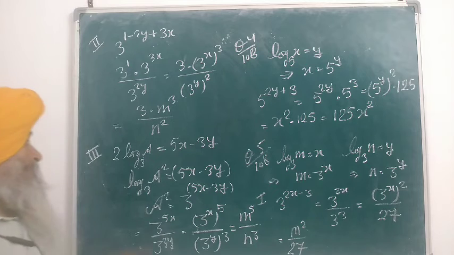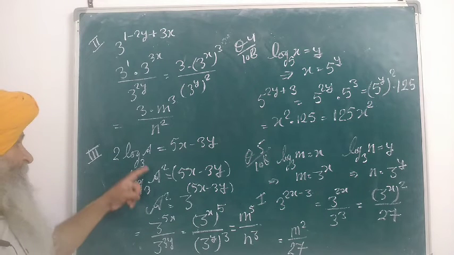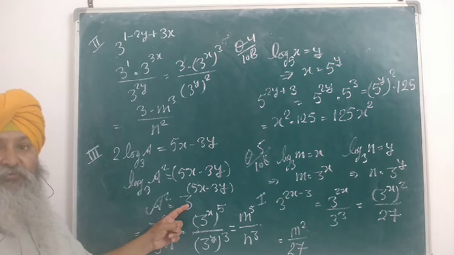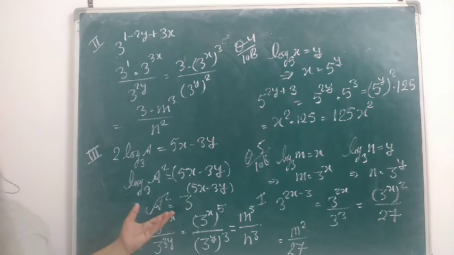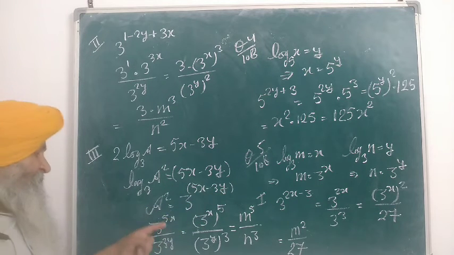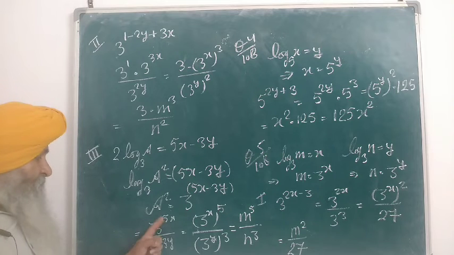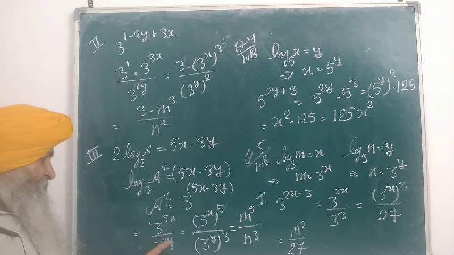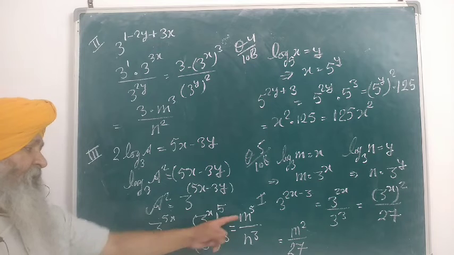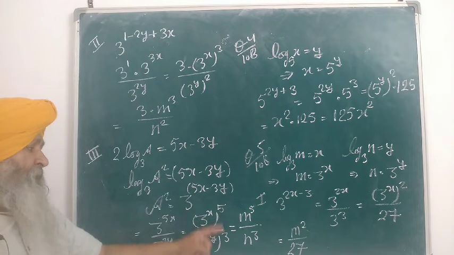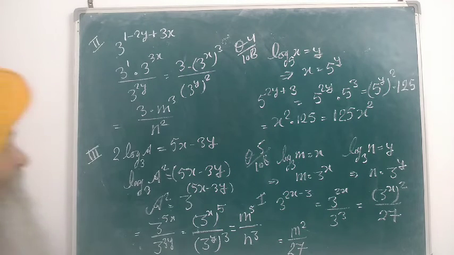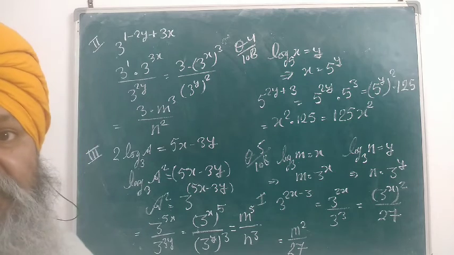Again please listen. This 2 is multiplication, it becomes power. In the next step I shift the base, 3 comes here, so it becomes the index exponent form. After that power gets subtracted when division is there. Powers are multiplied when power's power is there. Then 3 raised power x is m, 3 raised power y is n, power 5 and 3 as it is. So this is your answer of question number 5, first, second and third part.